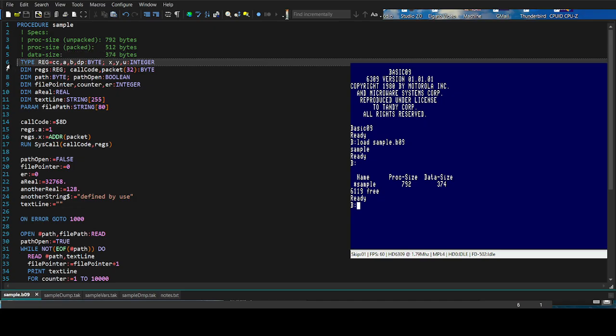I include in there a type statement for the registers and a variable dimmed to that type, as well as the call code and 32-byte packet byte variables, and then a path byte and a path open boolean, a file pointer, a counter, and an error variable that are integers,